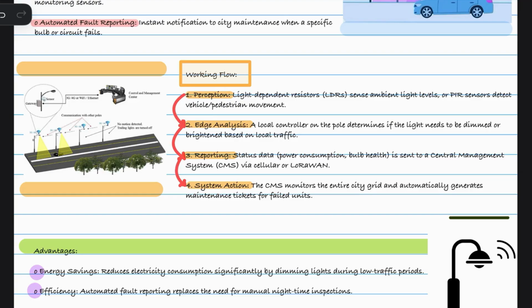Then comes the system action. The central management system, the CMS, aggregates data from all the poles across the city. It tracks the grid load and instantly generates a digitized maintenance ticket which specifies the exact GPS coordinates of any failed unit. And according to that, the system takes action and makes sure the failed units are corrected, taken out, or removed. Also, it monitors the entire city grid, and it helps to reduce the manual work of checking and tracking,